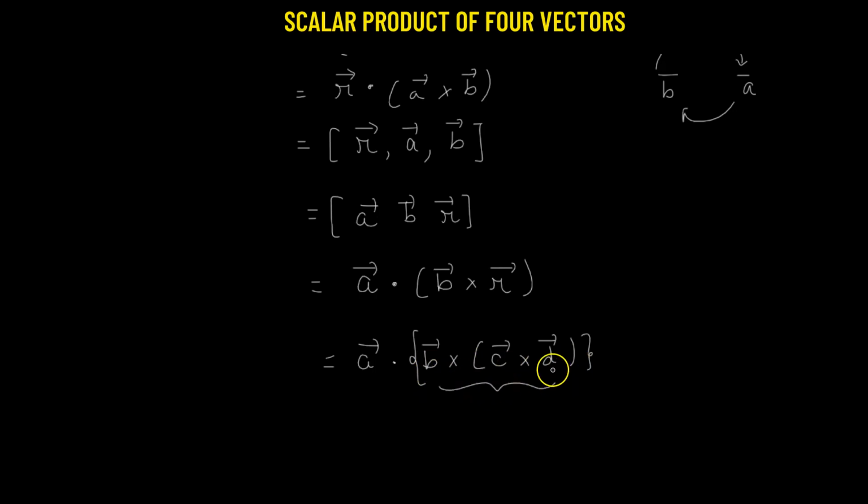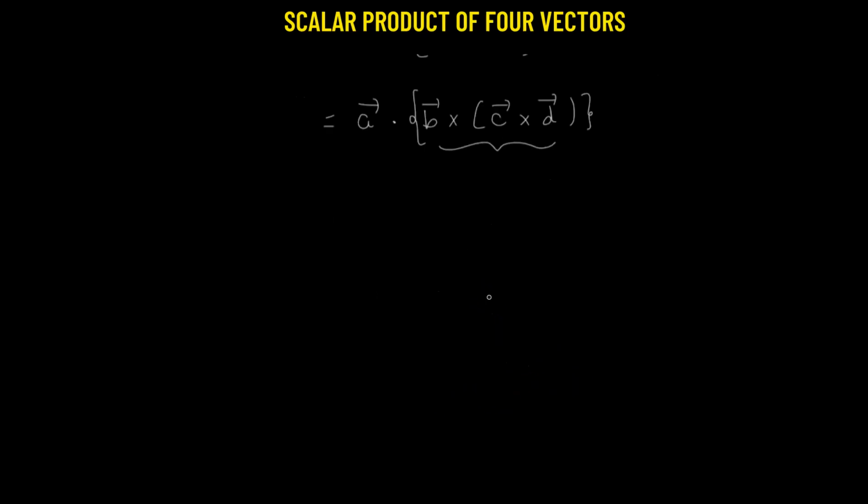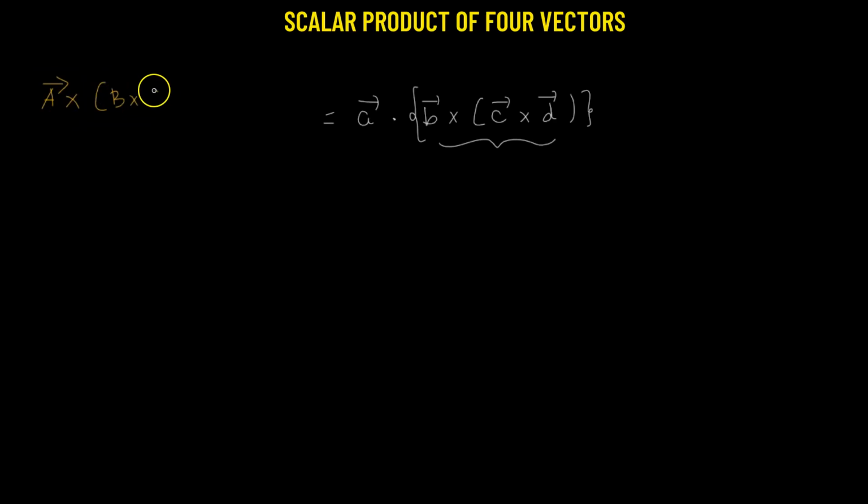Now, we have already covered the expansion of this particular vector triple product, so let me state it. Let's say we have three vectors, vector A, B, and C. Then vector A crossed with B cross C will be a vector triple product between these three vectors. This is given by vector B, then multiplied by the dot product between A and C, minus the vector C multiplied by